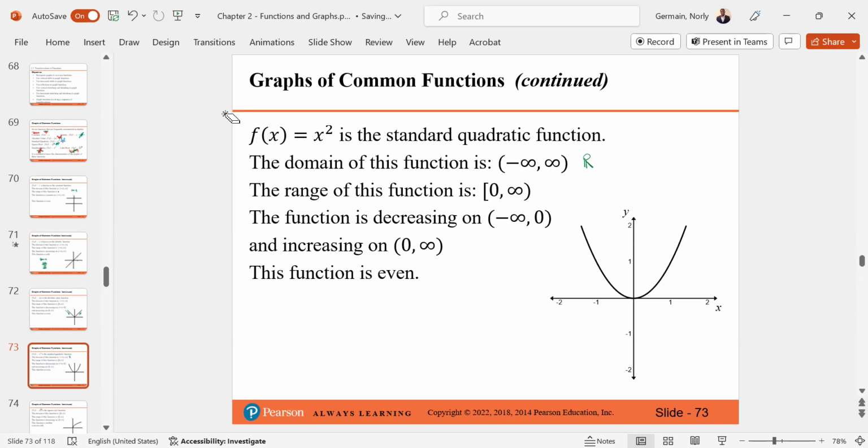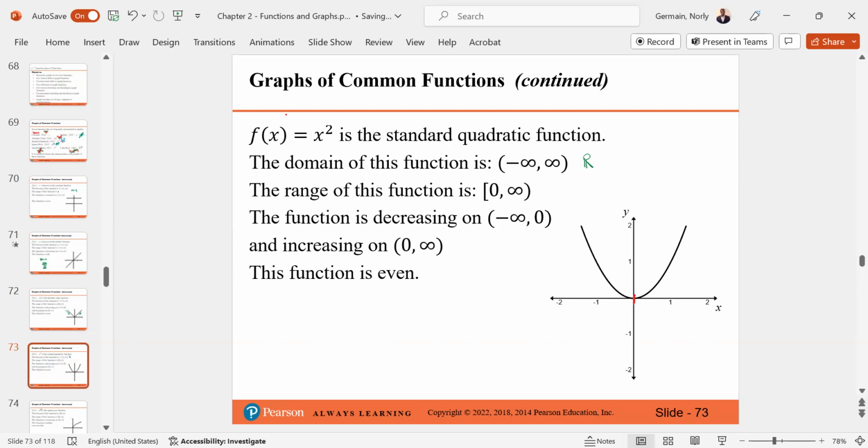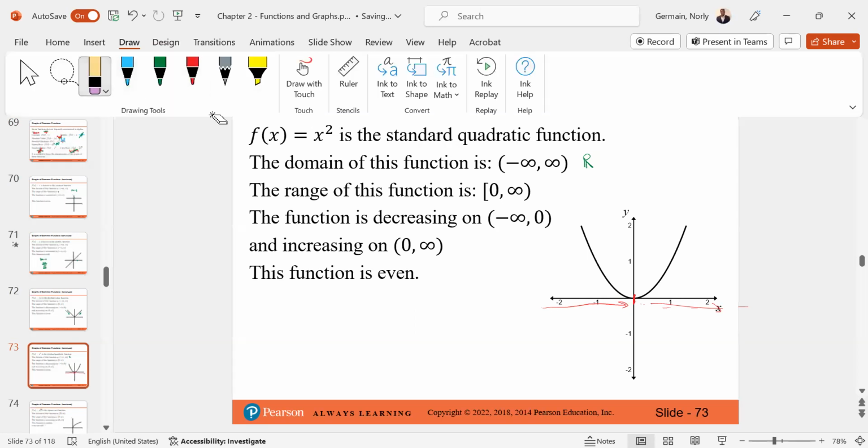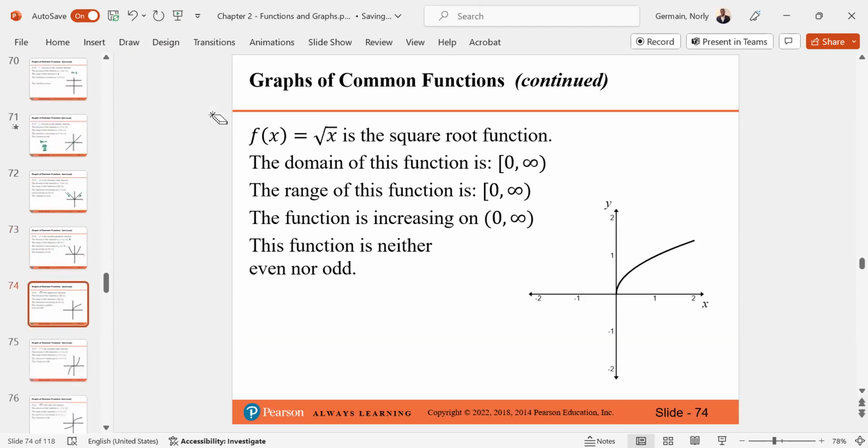The function decreases. You can see the decreasing. The interval is decreasing up to 0 when x is 0, and it started from negative infinity. And it's increasing from when x is 0 going to positive infinity. All right. So now that you see how this works, the next one we talked about is the